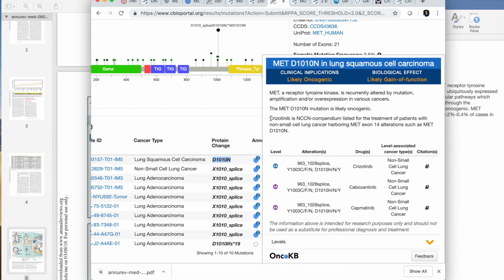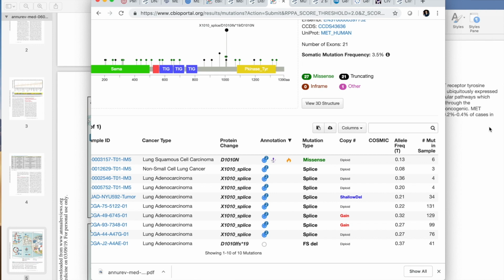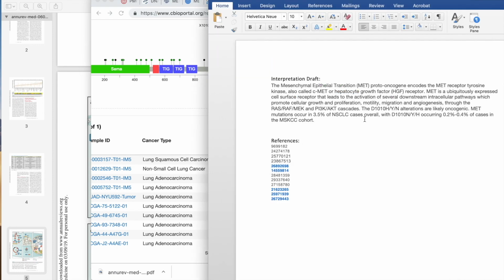more. And it tells us some more specific information about the indication for crizotinib in non-small cell lung cancer with MET mutations. And it tells us in particular that MET exon 14 alterations, such as D1010N, and therefore our other variants, are an indication for crizotinib. So we can make note of that in our running interpretation. So we can write